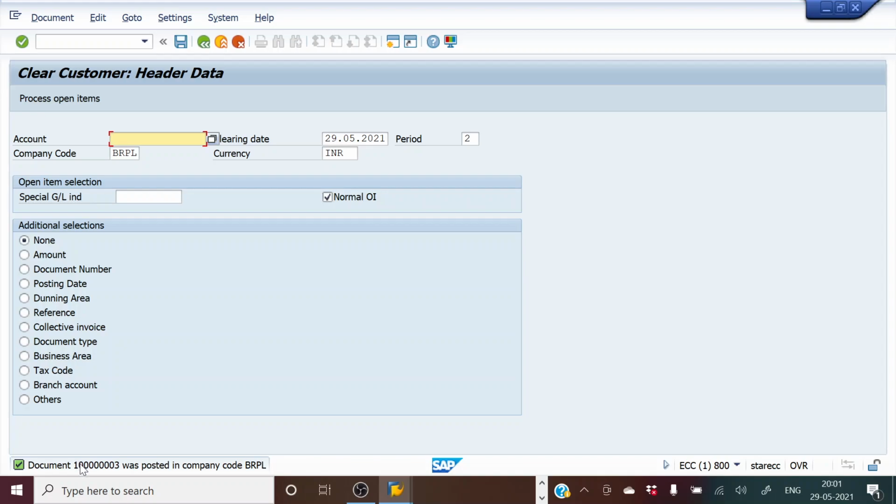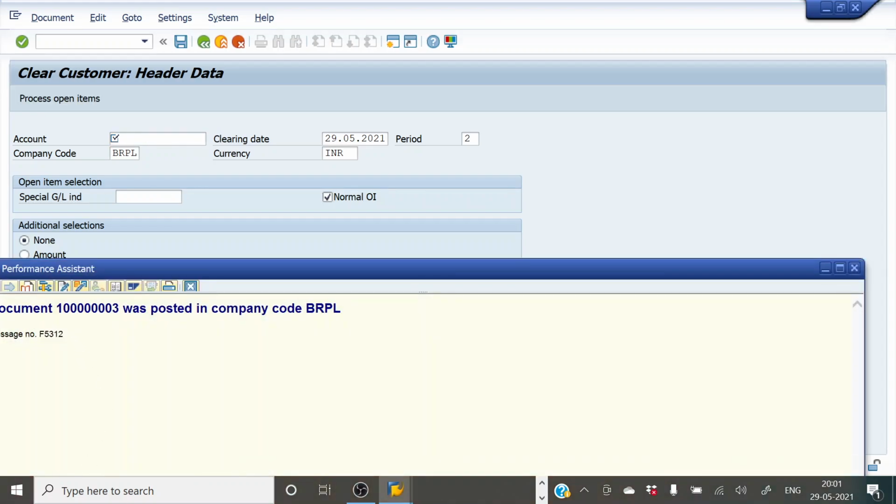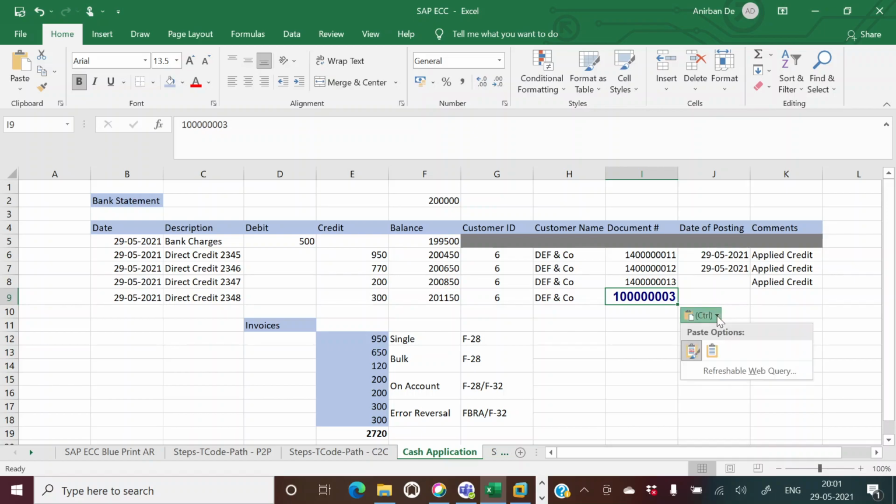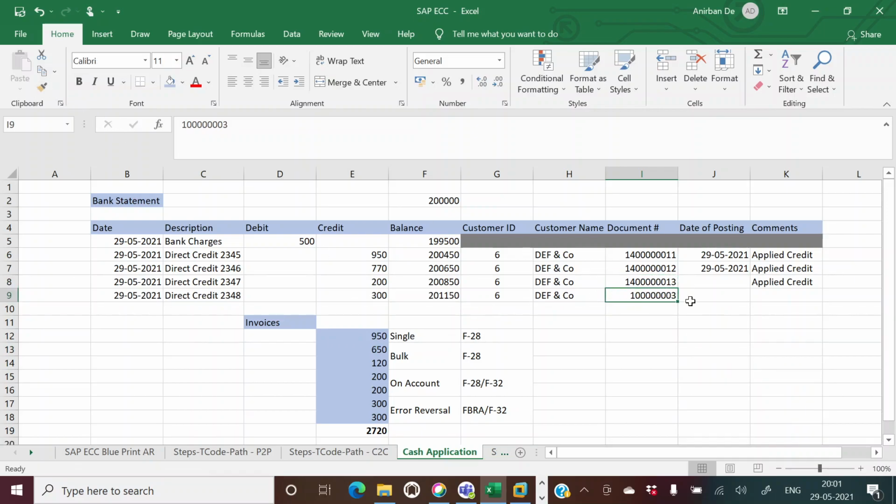Now this is the revised reversal entry that I have passed, and I have applied the credit to the right invoice, right?